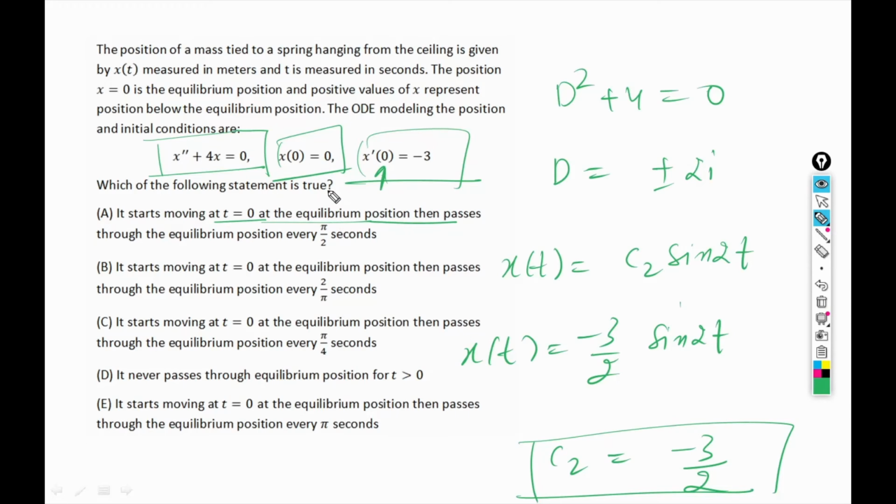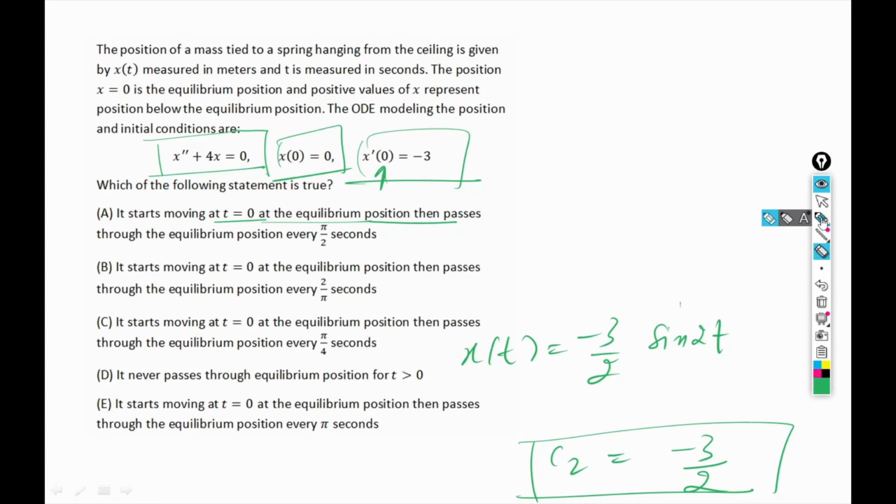Now does it repeat itself? That's what we have to see. So let's see at what time it returns back to x equals 0. That's what we want to see. If we put x(t) equals 0, then we will get sin 2t equals 0, and sin x is 0 when x equals n pi. So sin 2t is 0 when 2t equals n pi,